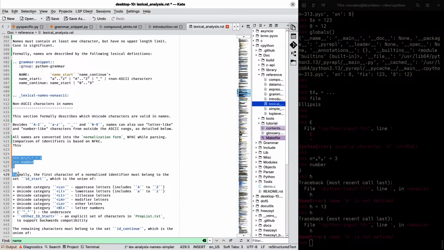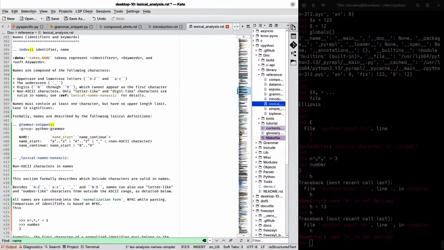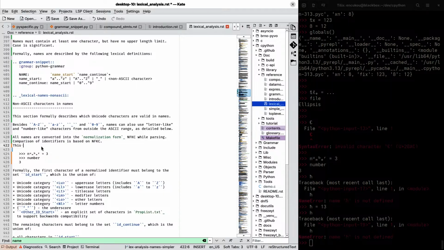This is restructured text, right? I need to do a code snippet. The E for Euler's number? I think we can go with this weird spelling of the number.